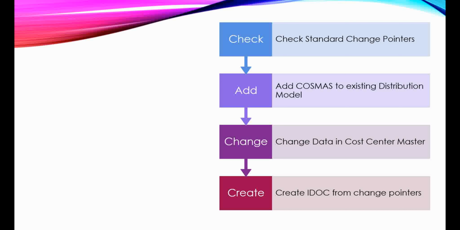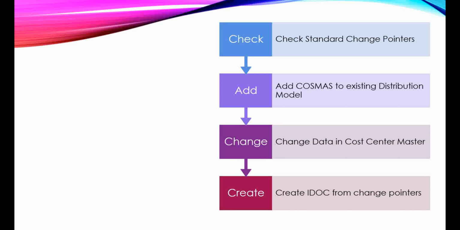Once change pointer configuration is completed, then we have to go to the master data in change mode. As we discussed in the previous step, we have different transaction codes for different master data. In this scenario, KS02 is the transaction code to change the cost center master data. Before changing, that master data should exist in the SAP system.